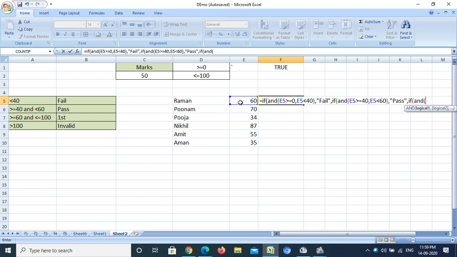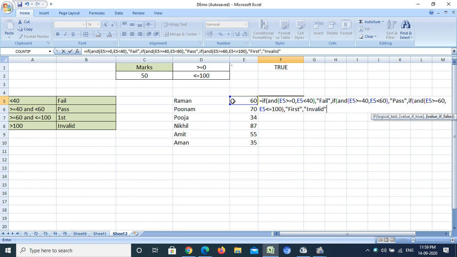Now again I have to select this, if these marks are greater than or equal to 60, comma, again these marks less than or equal to 100, then it has to display a message, that is, after the bracket, after the comma, it has to display first. Now else, invalid. In quotes we have to write invalid.